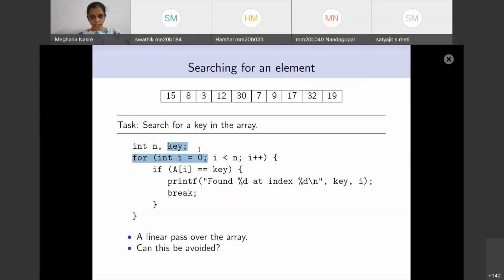The initialization of the key is not done in this program snippet, but you are interested in finding the index at which this element is present. If it is not present, this snippet doesn't do anything. It just quietly exits. But in general, you may want to say -1 or not found or something, which can be done outside the loop by keeping some flag. So this is a linear search.